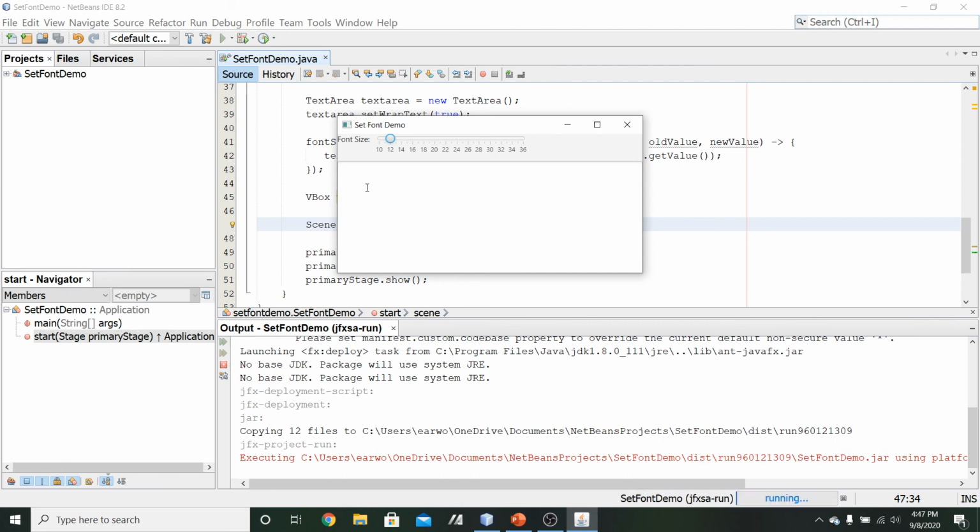Okay, so we've got our font size slider right here at the top. So we still have our label, our slider. We now have our text area right here. So we have this entire space to work with. So enter some text into this text area control. By default, when we first start running it, it'll start off with this font size we have right here. So if I start modifying this,